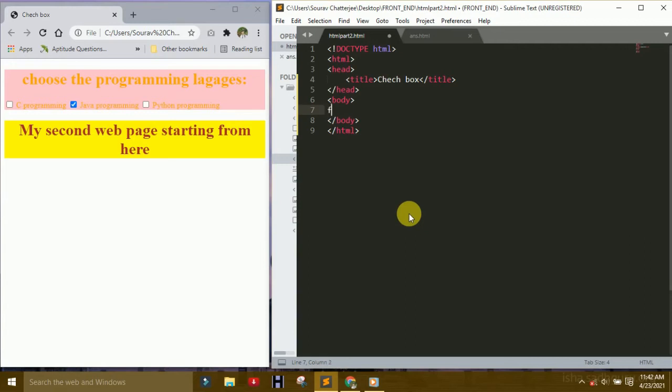What is the form? So making a form, on that form make a username.